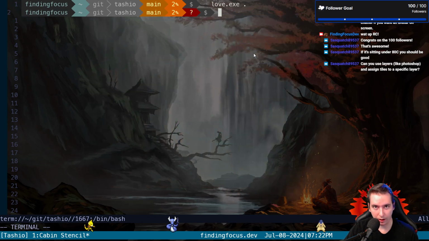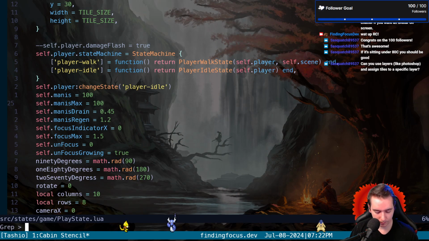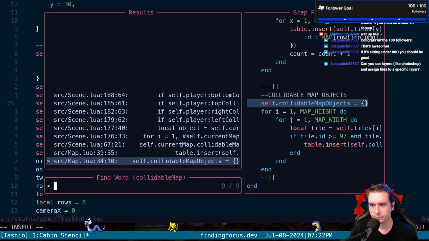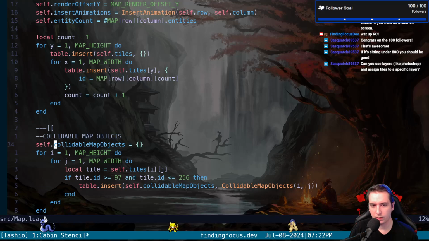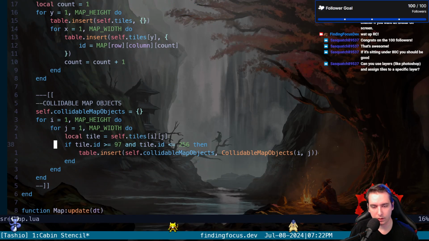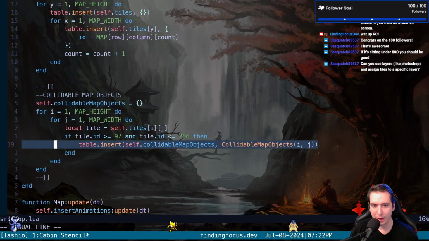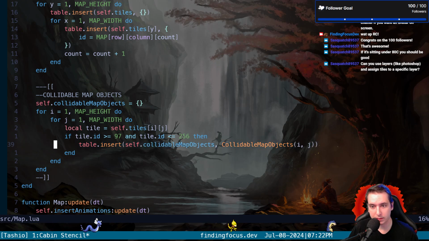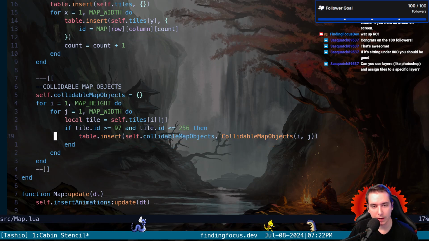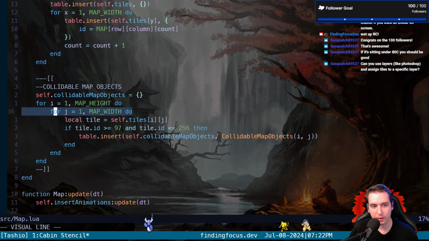So if we take a look at how we did that, our map is holding an array of collidable map objects, and we insert a collidable map object of that very index. We cycle through the map width and height, which I think is referring to